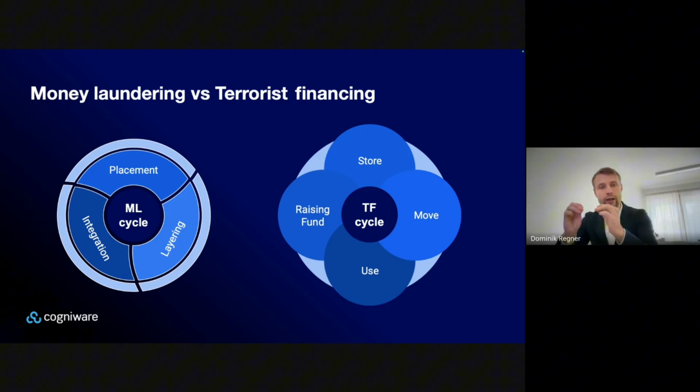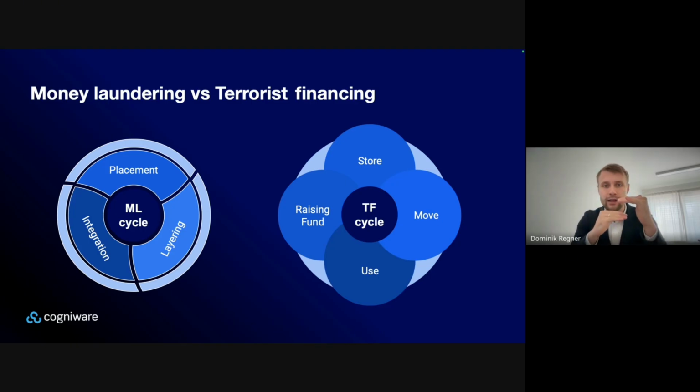Then it's about storing funds. It can be in cash, bank accounts, gold, real estate, and so on. The difference between money laundering and this stage is that the money can stay here as long as needed, even for years, because we are just waiting and saving the money for a specific attack to occur. Then it's about moving funds. It can be again through banks, money service businesses, some kind of informal hawala systems, virtual assets, or even physical travelers carrying cash across borders.